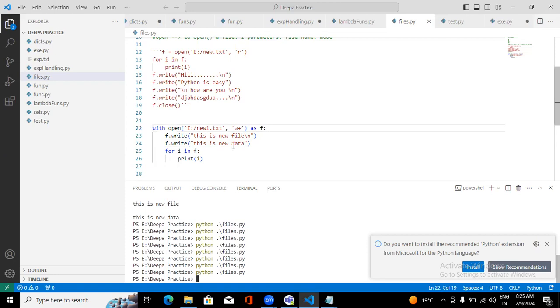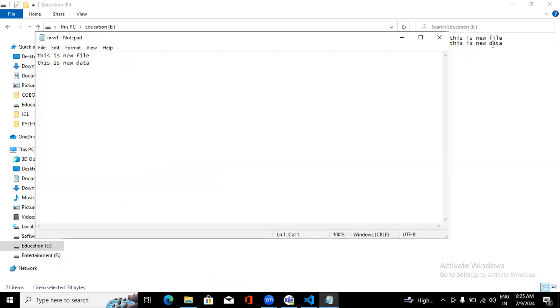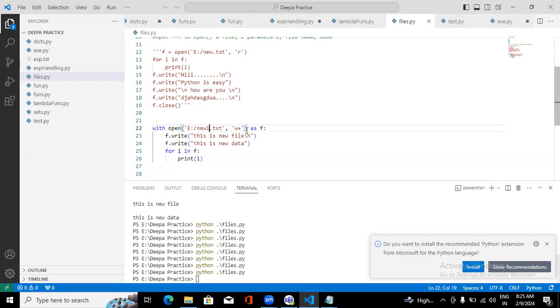Understood. And what you can do in that case, you can open it now and add some content. See, it will override it. Previously in the new one, we got this twice because we ran that file in R plus mode twice, so at that time we had four lines in total. But because we ran that file in W plus mode, it overrode the existing data and gave you the new data. Now, if you open the file in A plus mode, that is append plus,